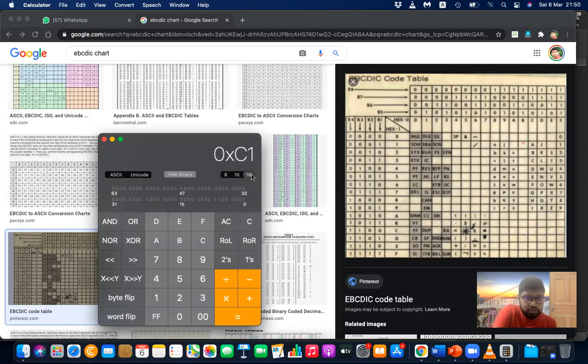It is C1. In binary you can see 11000001. And let's see what the value is in decimal. Decimal, it is 193. So this is how the representation is done.